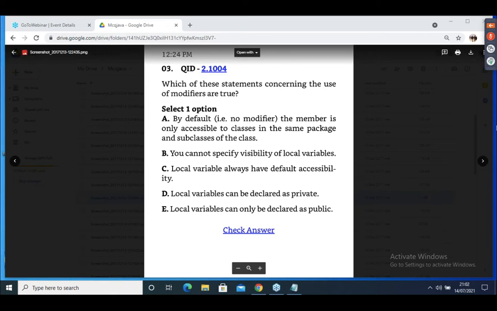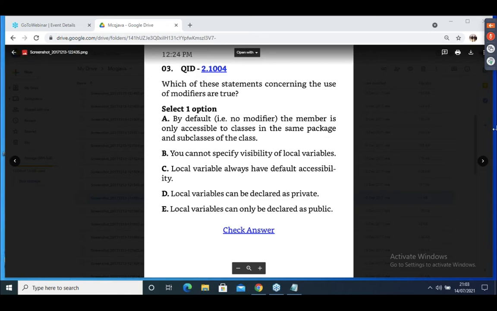By default, a member is only accessible to the class, the same package, and subclasses of the class. Which answer is correct? Select one option.